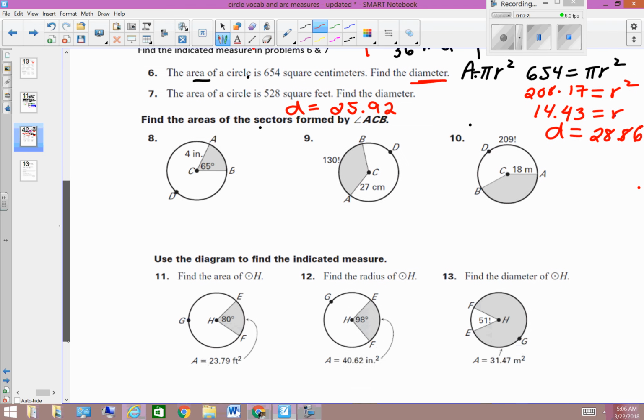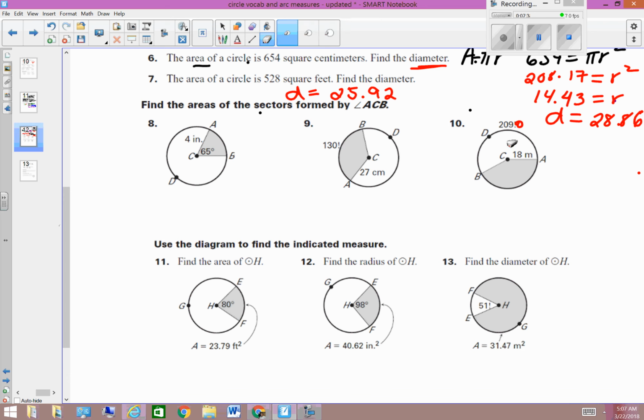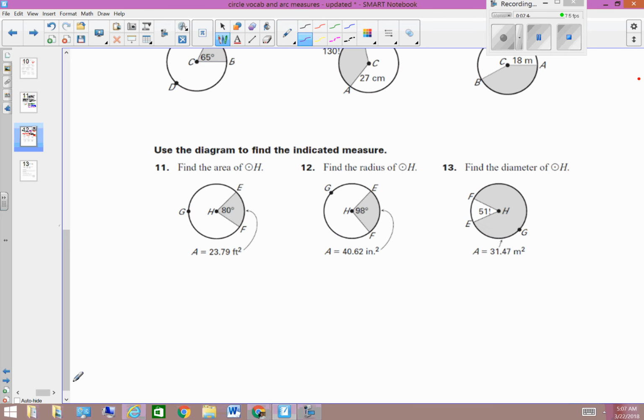All right, the next one that I would like to do, now problems 9 and 10, these exclamation points are really degrees. I don't know why the problem has that like that, so they're degrees. Now that looks like an O, so I'll get rid of that. But these are degrees, just ignore the exclamation point. What I would like to do is go through question 11 with you, and then that should help you figure out 12 and 13. So for this one, they're giving us the area of the sector,